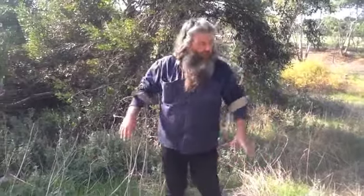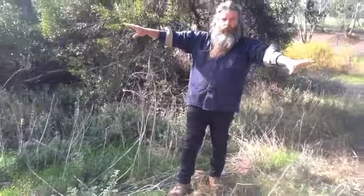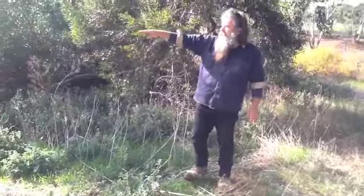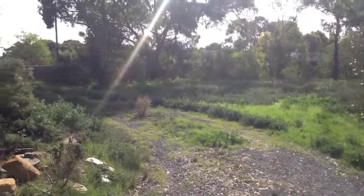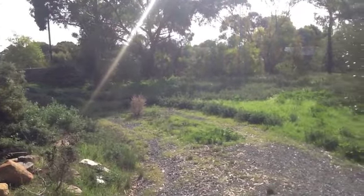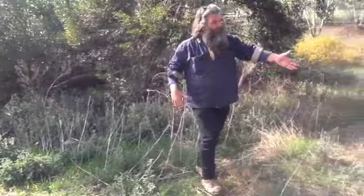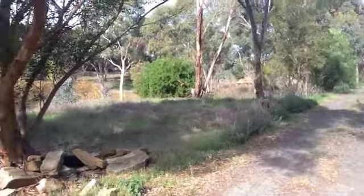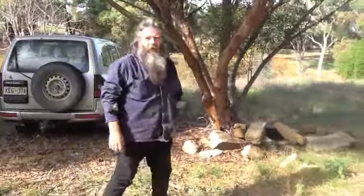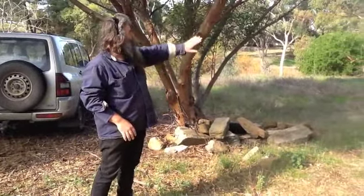As you can see, I'm on the driveway now, which is on a contour of the road and the hill. If we pan up to there, that cone is where we took the last footage, the orange cone. The swale will follow through here along the edge of the creek and along the edge of the path, which I will be growing my legumes, my fruit trees and everything, and the excess will flow off into the creek